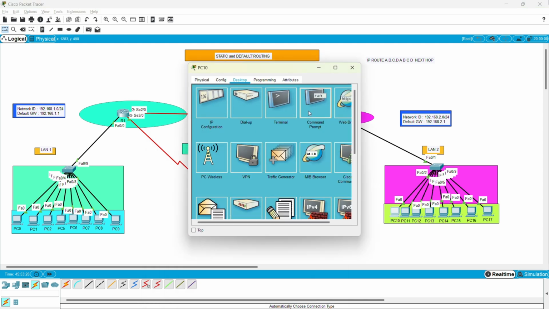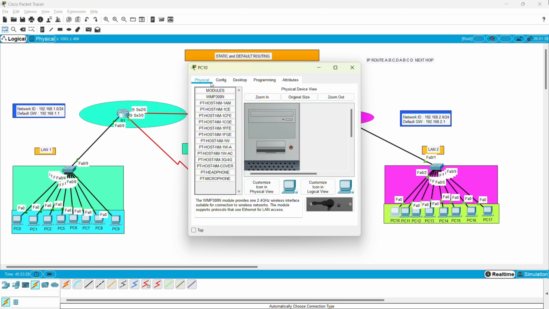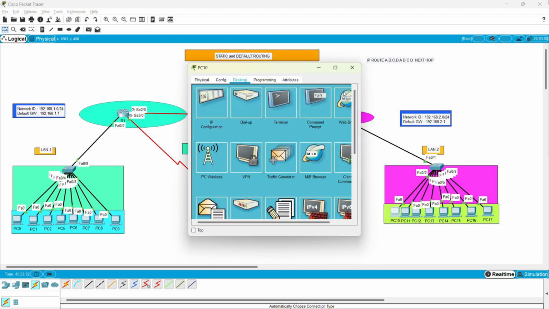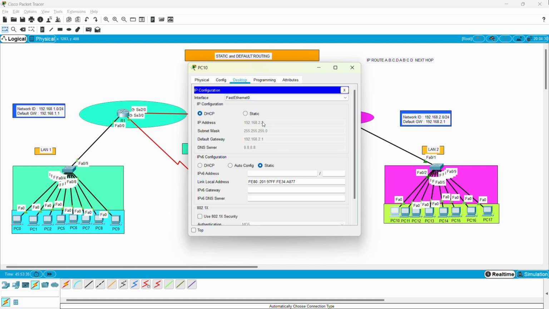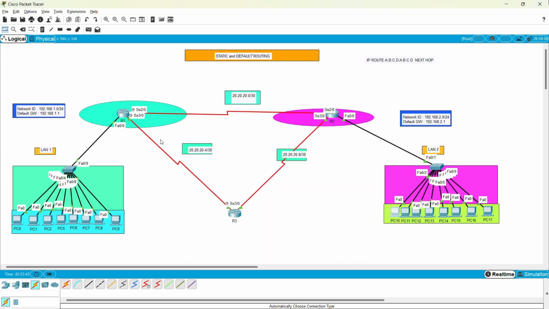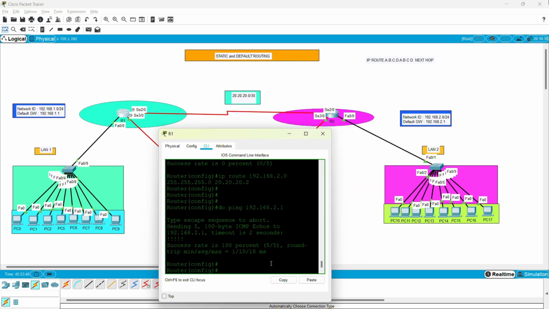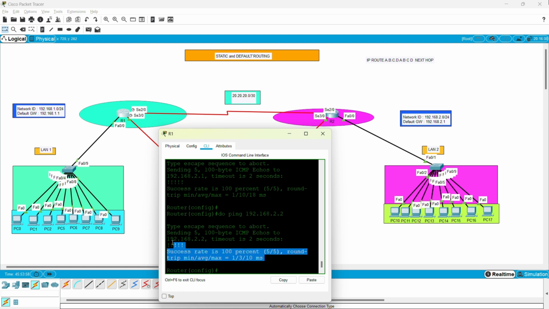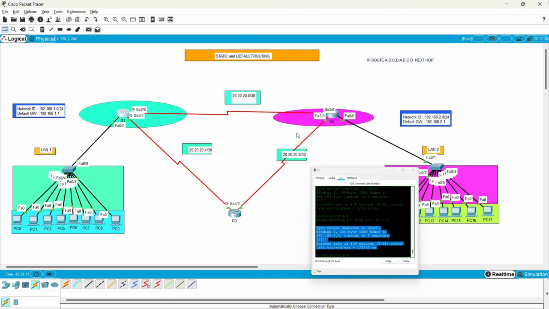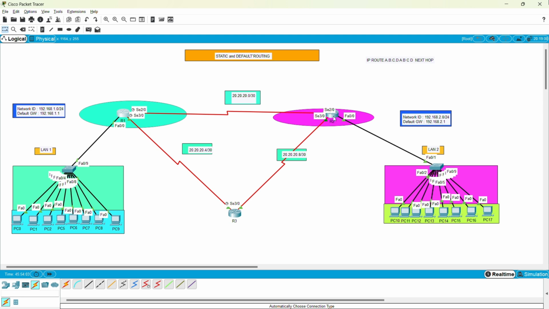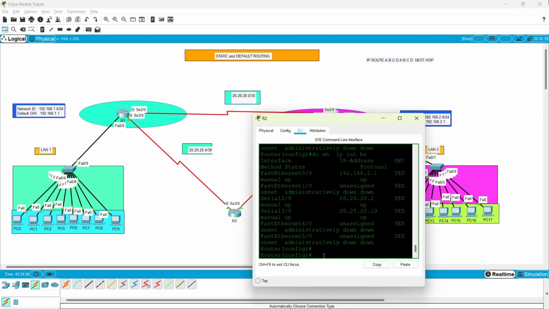So suppose we go to the network interface card of this PC. As we can see, this computer is located on that network ID, and we can ping this one also from this router. Do ping 192.168.2.2. Of course, I can ping it. Right. Now, what is the problem? If I try to ping from the right hand side to the left hand side, would I be